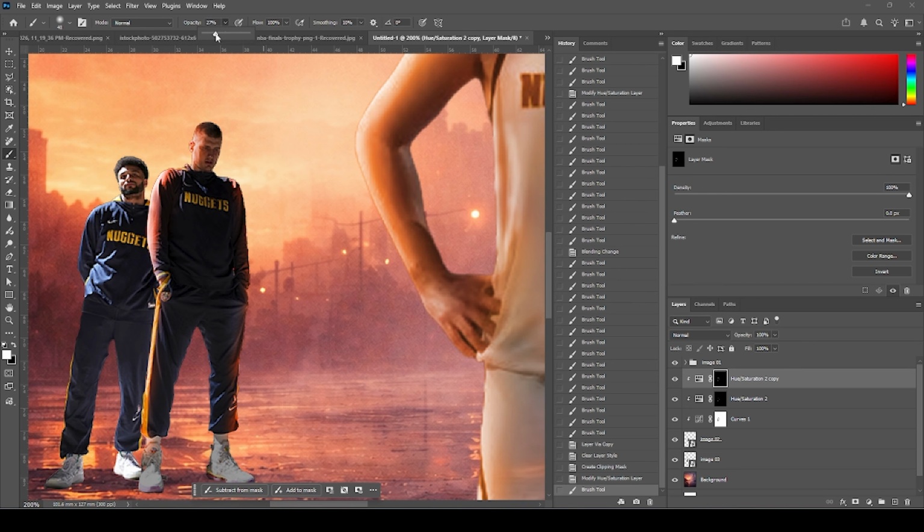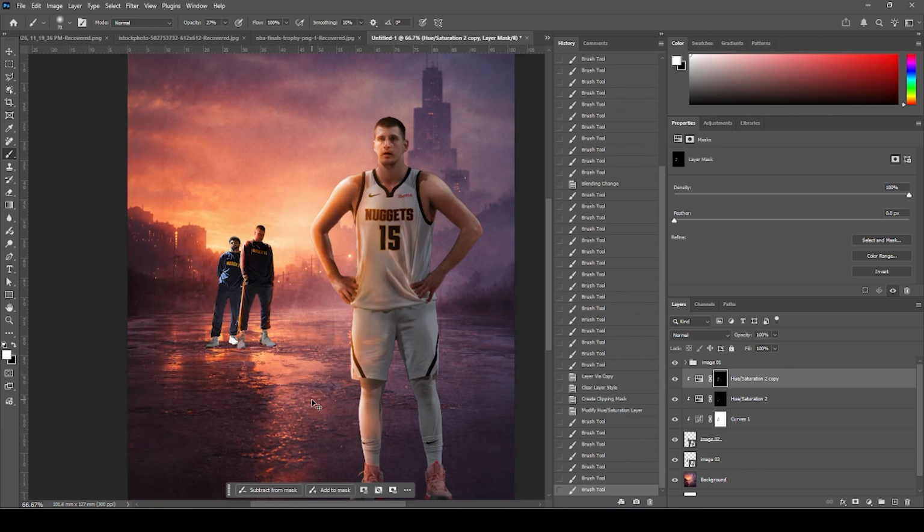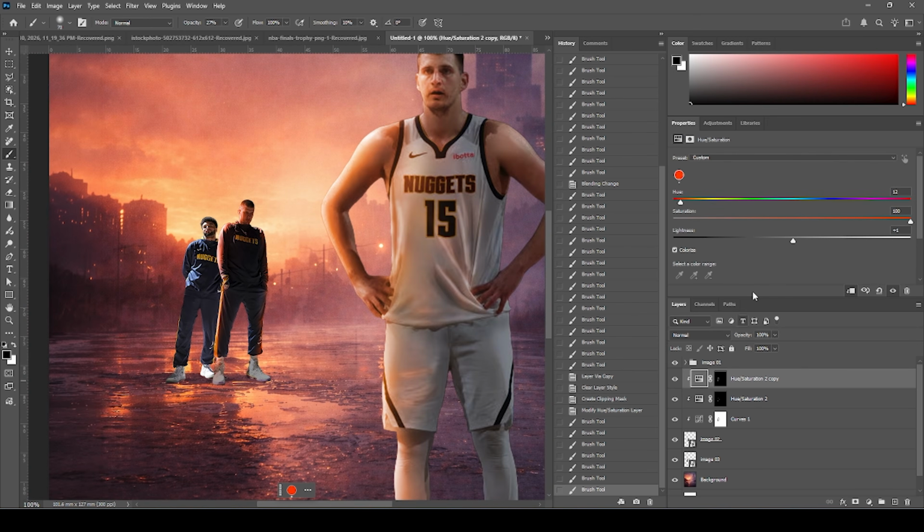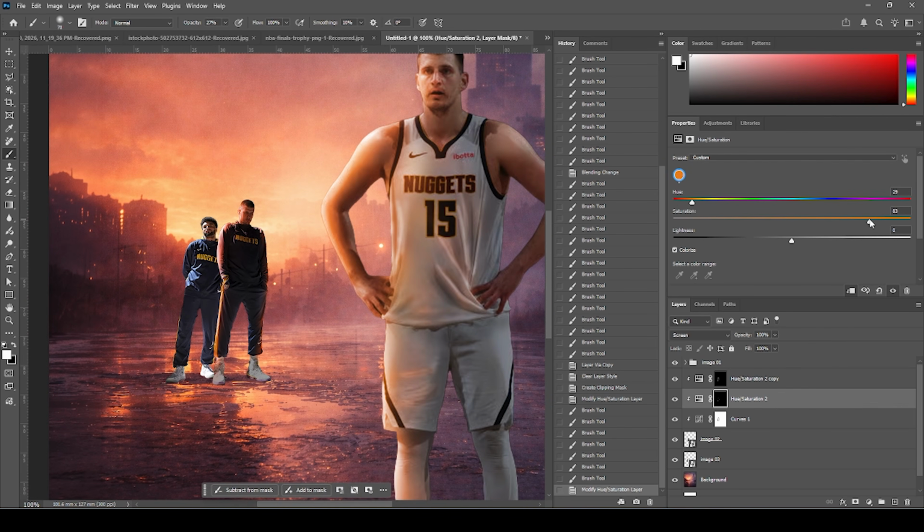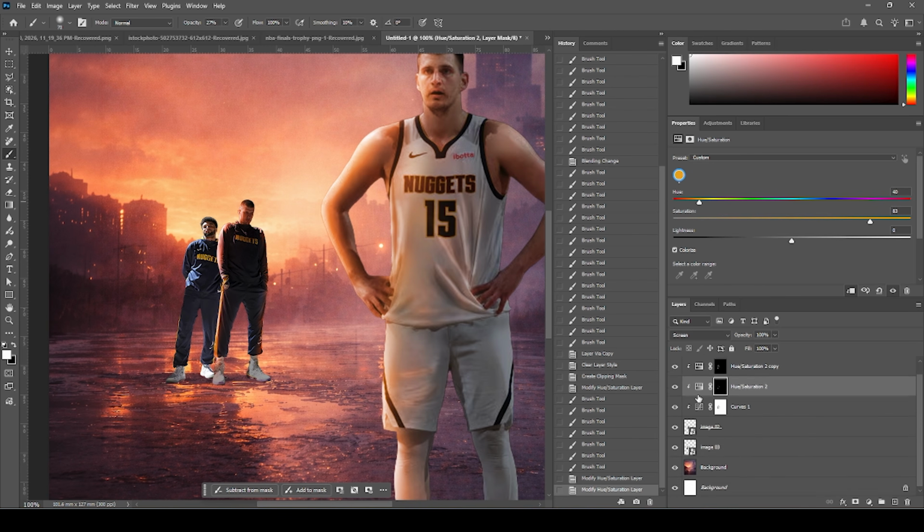And for this one, maybe let's drop down the opacity some more, just like so. And I guess it's too red, so let's go for kind of a little warmer color, just like that. And let's do this, let's add one more curve,